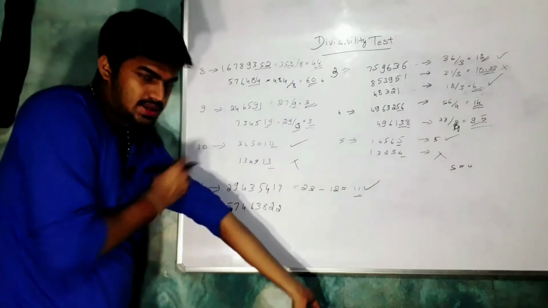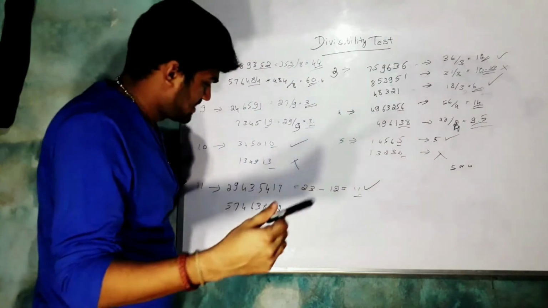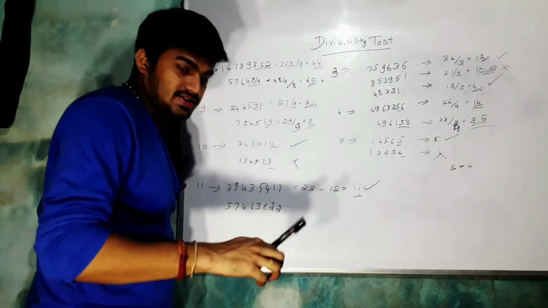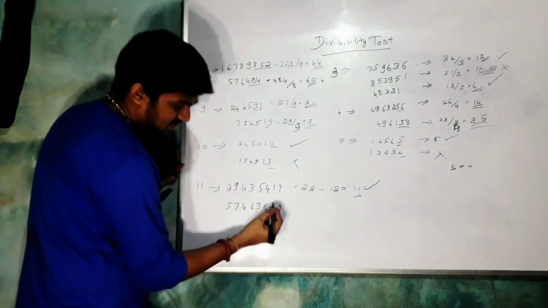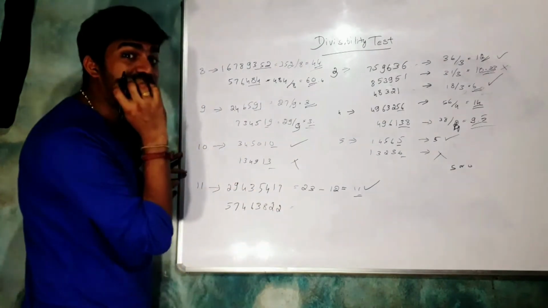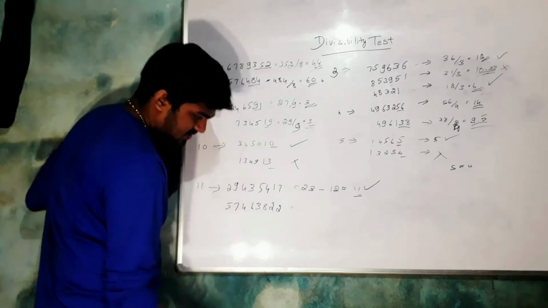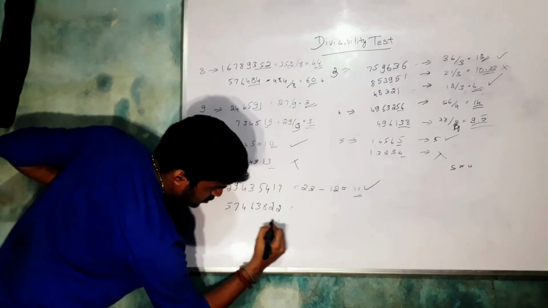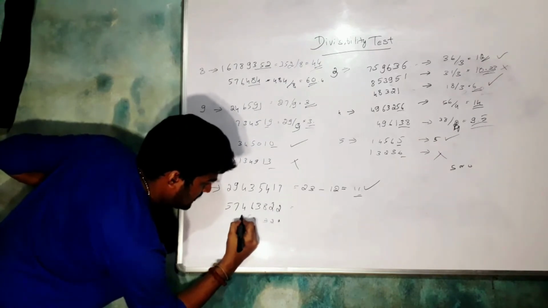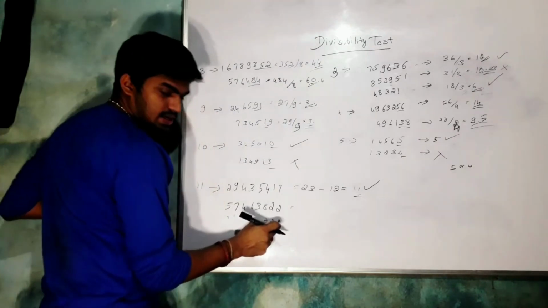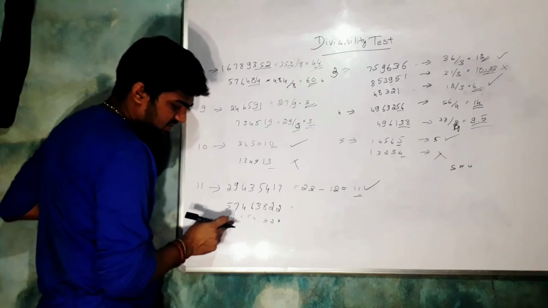Okay. I'll explain again with a different example. I said to take the sum of the numbers in the odd places minus the sum of the even places. I'll make it even simpler and put digit places here. So this is the first place, second, third, fourth, fifth, sixth, seventh, eighth, right?